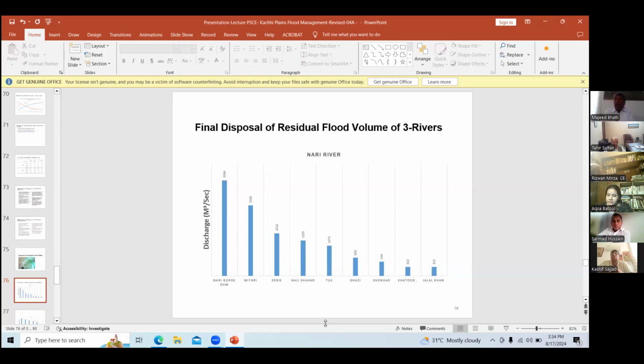That means we need a lot of other interventions, implementation of master planning, so that we can minimize the water going towards Patfeeder and Kachin Canal. So these are the final disposal of residual water. You can see unit-wise water going from Ravi. This is the Nadi River. How much balance water? This one is the balance water, the highest volume, that will accumulate over 50 years.